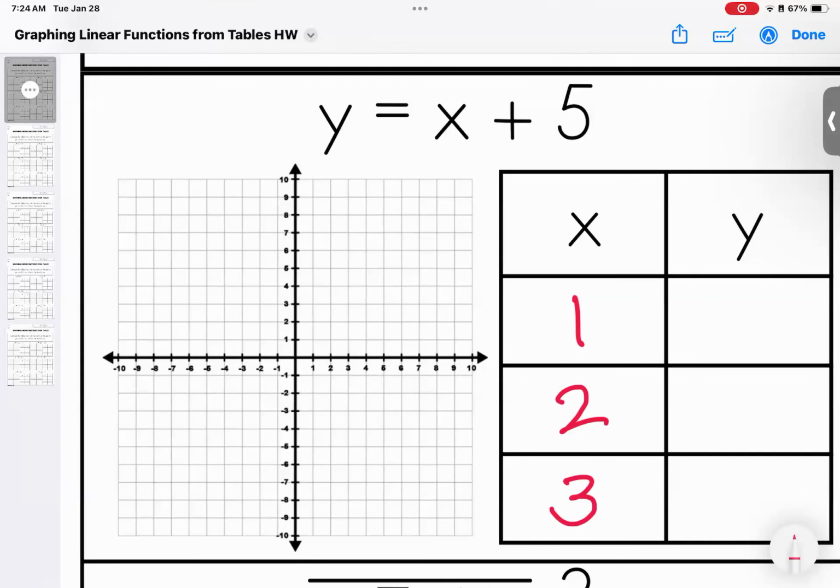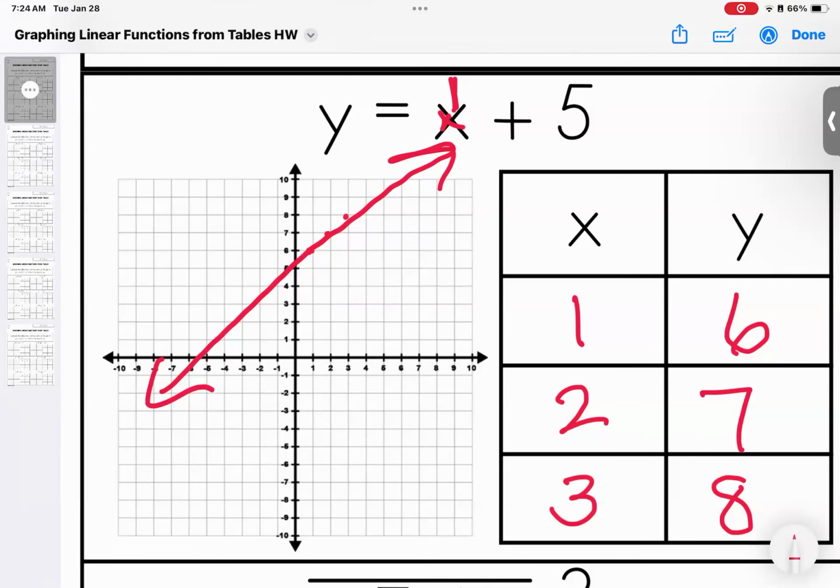And I'm going to come up here and I'm going to substitute. So when my x is 1, y is 1 plus 5 is 6. When my x is 2, 2 plus 5 is 7. When my x is 3, 3 plus 5 is 8. Once I've filled in my chart, now I can put it on the graph. So over 1 up 6, over 2 up 7, over 3 up 8,